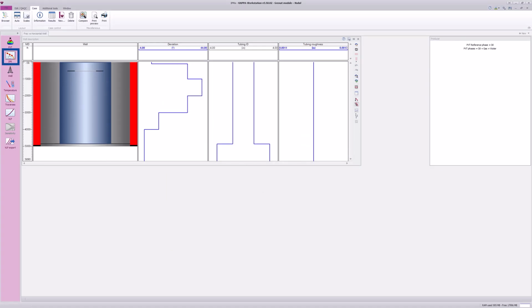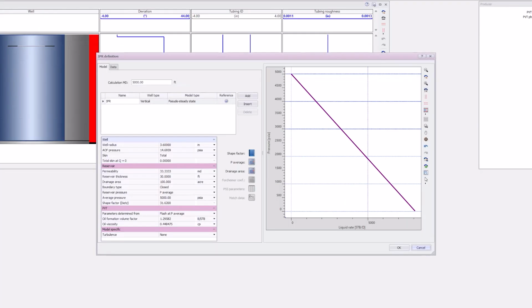Click on IPR to launch the IPR definition window. Set the IPR name to Fractured Negative Skin. Set well type to vertical and model type to pseudo-steady state. Define the parameters total skin,